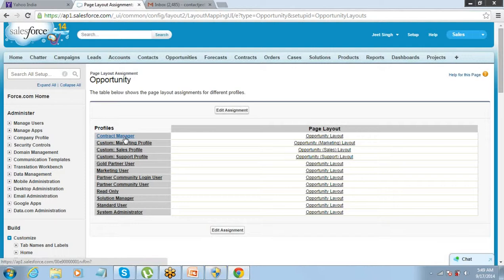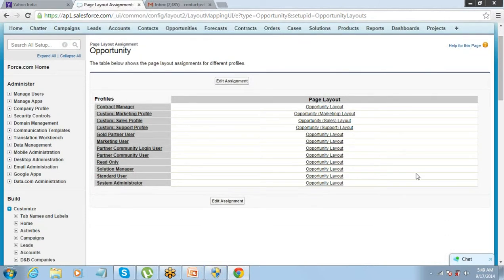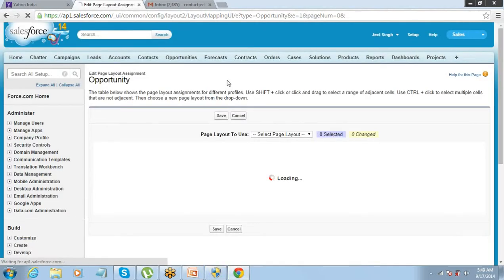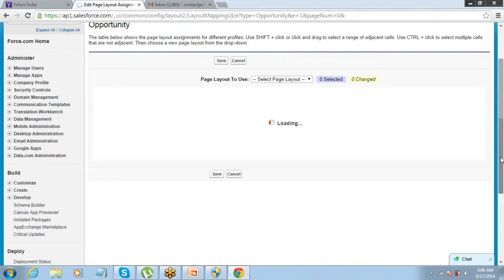and your page layouts are listed here. So which profile sees which page layout is listed here. If you want to edit, just click on edit assignment and select to make any changes.